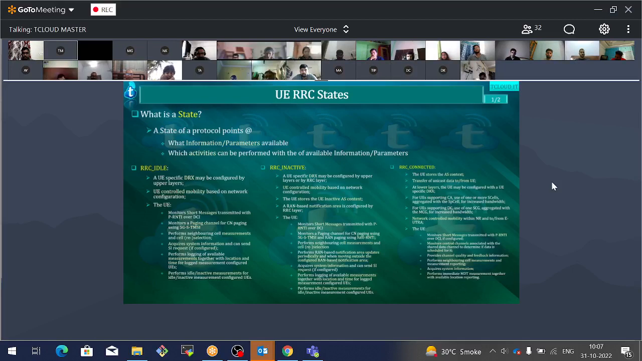So UE controlled mobility would be in place based on the network configuration. What is the meaning of network configuration? The network will give hints to the mobile about this particular mobility part. What kind of hints will the network have to provide? For example,